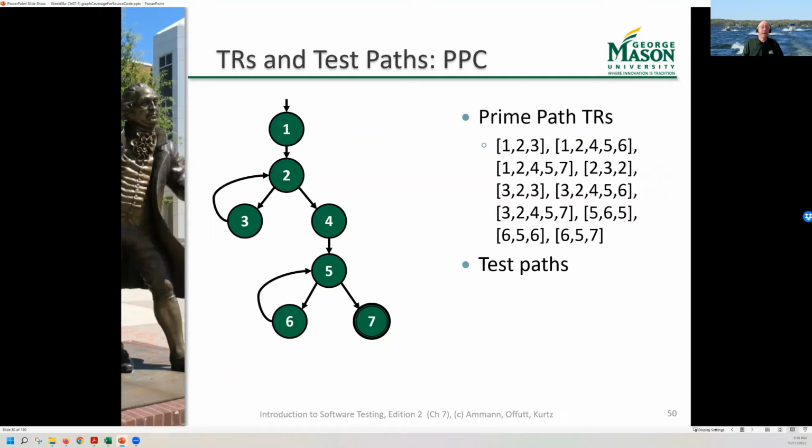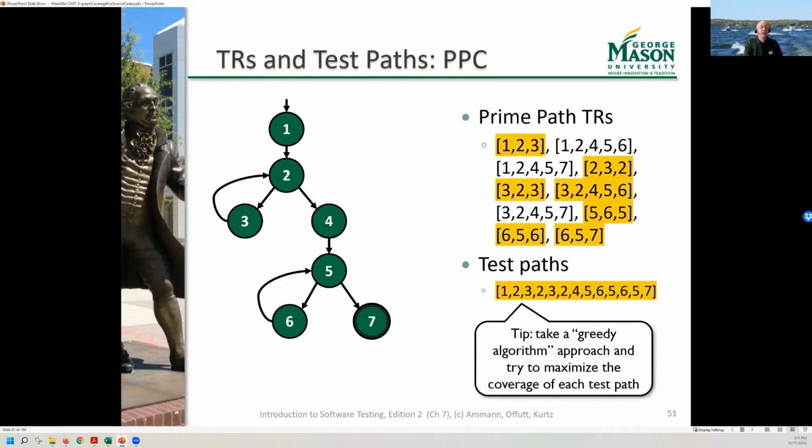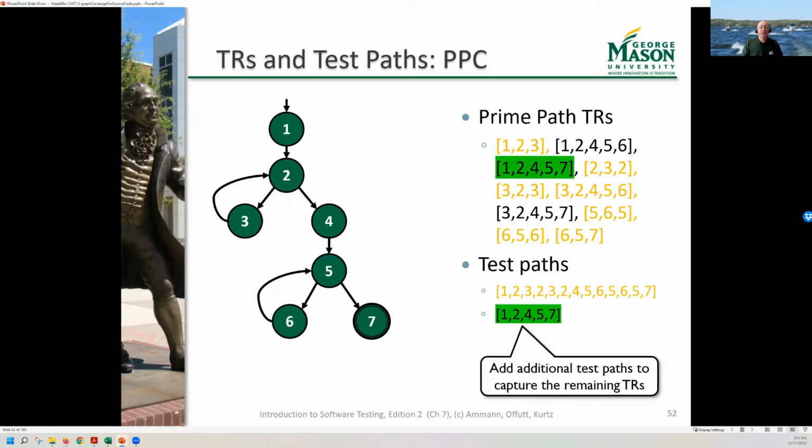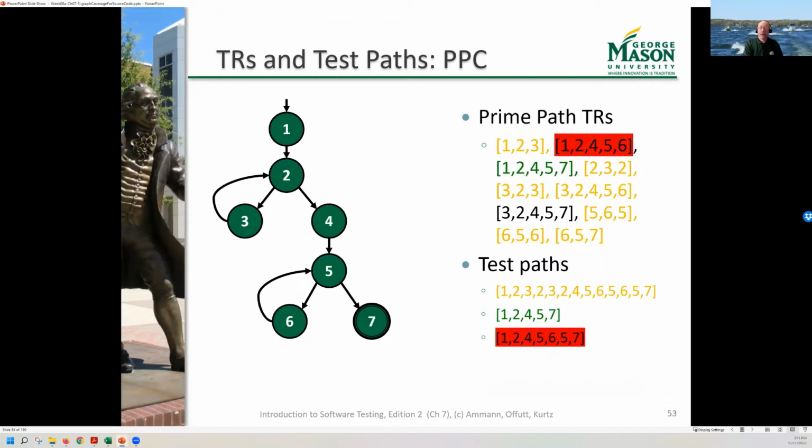If I want to do prime path coverage, I'm going to breeze through this one a little quicker, but here are the prime paths that I need to cover. These are my prime path test requirements. But I'm going to basically take the same approach here. I'm going to take a greedy approach. I'm going to capture all the ones I can with the first test path. Then I'll take another test path to capture some more, and I'll just kind of continue capturing whatever I can until, in this case, now with 4 test paths, I've satisfied